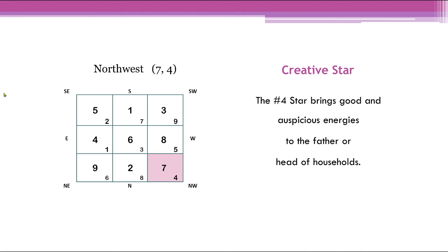So if you are in a leadership role in something, this month brings luck in good decision making when you use this particular sector. But just a word of caution, there is a danger of probably extramarital affairs for married couples caused by the combination of annual and month stars. Okay,